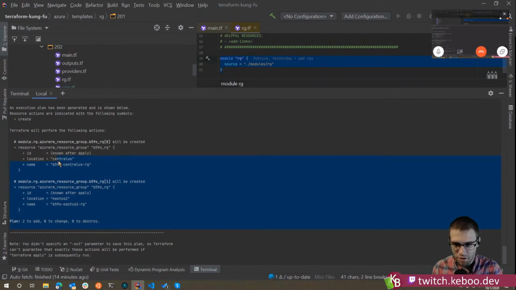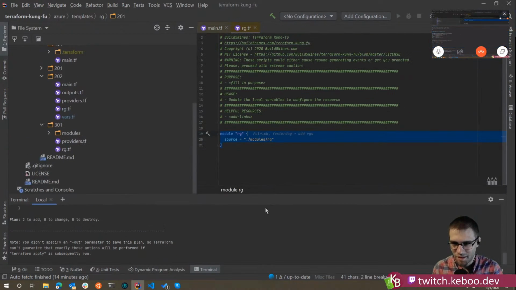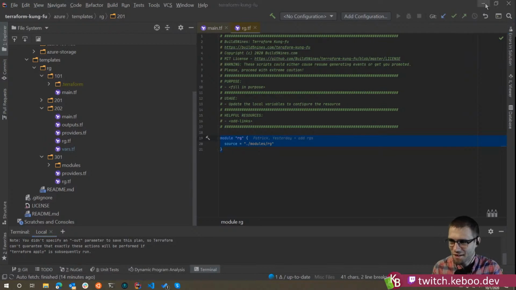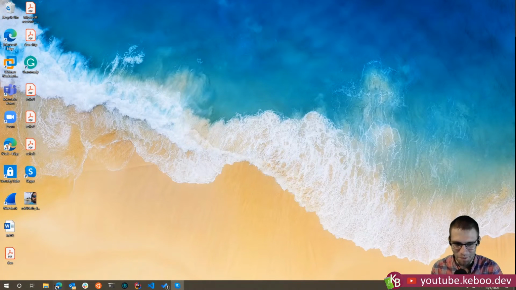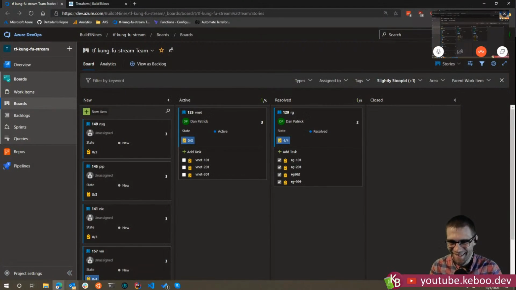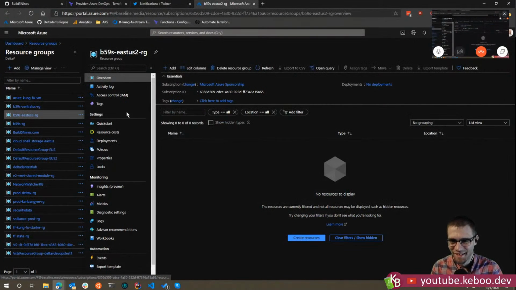See, it just wants to add because I whacked the state when I killed that folder. So now that you've whacked the state file, go ahead and kill it in the Portal. I'll just kill it in the Portal now. But this is kind of an important lesson in a way, right?